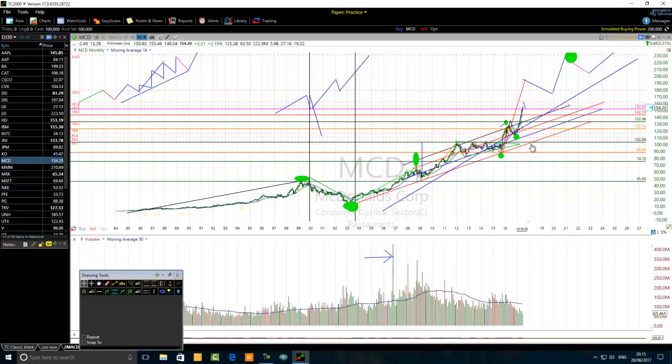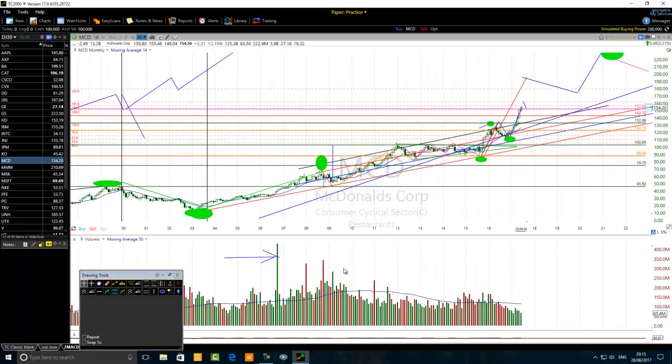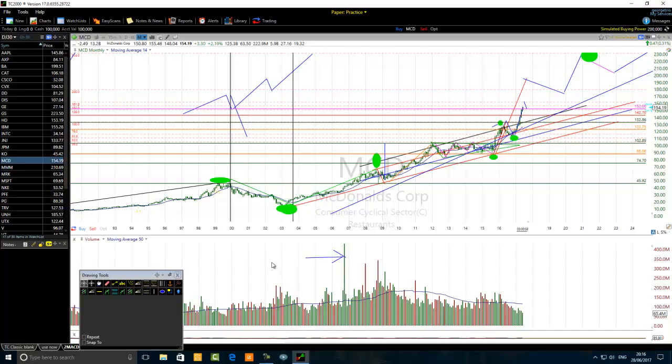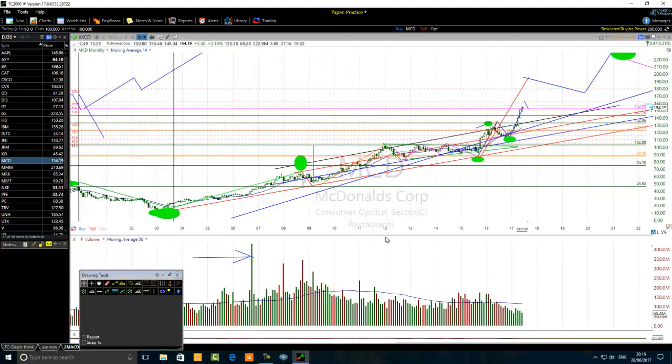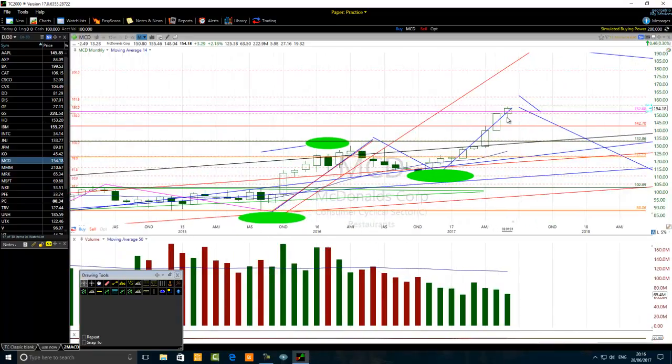So that's it. Let me summarize this so you do not get confused completely. My previous wave count is still valid, because so far the price is around $152. My previous forecast is that at this junction there's a high probability that we may have the C part of the flat correction. This is the A part of the flat correction, this is the B part, and we would expect a kind of resistance around 152, bringing the price down to form the C part of the correction. But as you can see, as the price reaches that pink line, it's piercing through it without any resistance